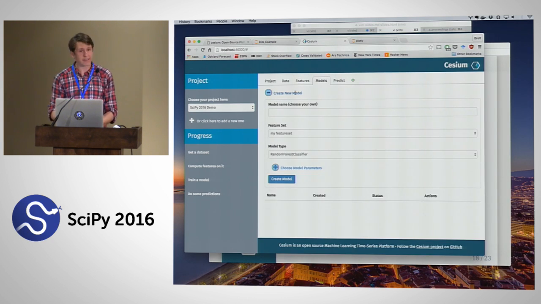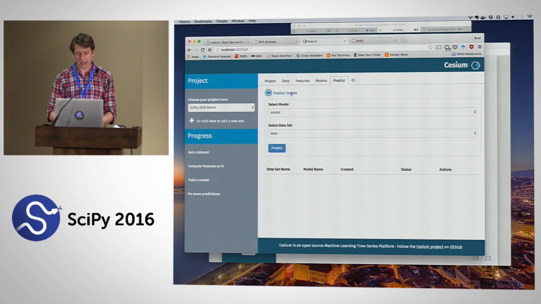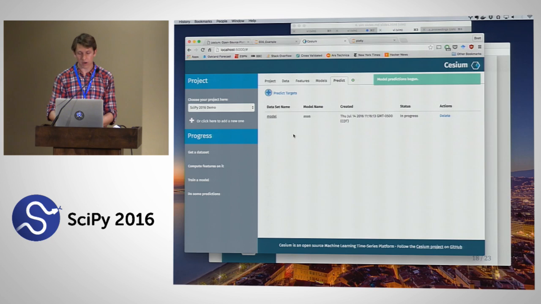So now that I've created my set of feature data, I'm going to make a model. We'll go with a random forest classifier. We already loaded in all of the class labels, so that's all one object that contains all the information we need to do this analysis. So I'm going to say create model. It's done. And now if I go here, I could either look at the predicted targets for